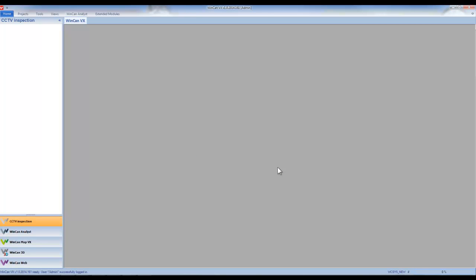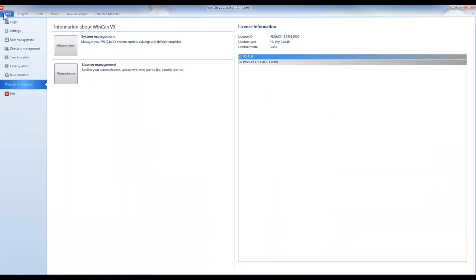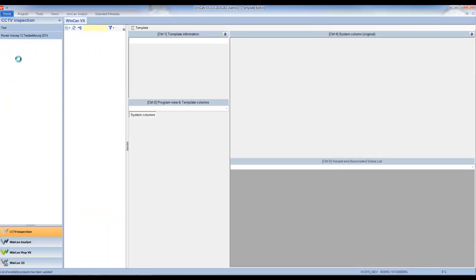The first thing that is very important, if you want to add a project column, is you need to open an existing project or create a new one. Otherwise, if I just go to Home, Template Editor